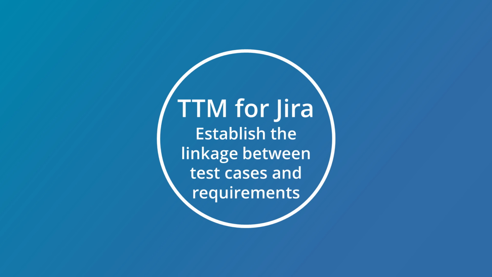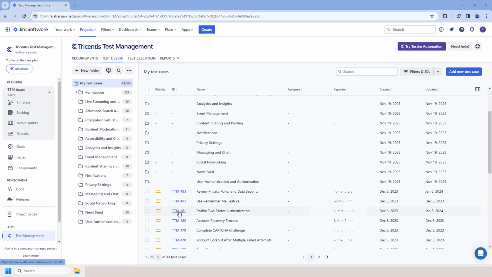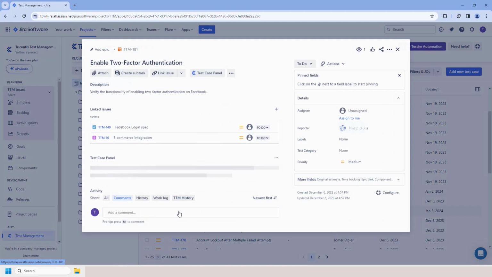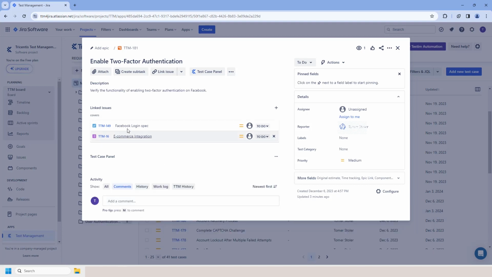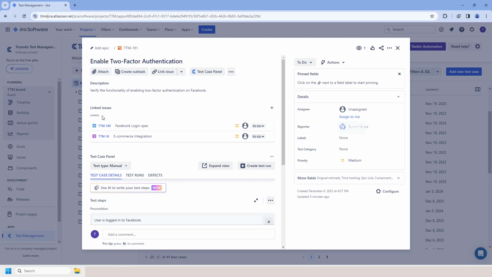In addition to these features, the TTM for Jira tool allows you to link a created test case with a requirement using Jira linkage functionality. For example, let's look at the test case TTM 181. Once clicked on, you can see that using the Covers link, there are two requirements already linked to this test